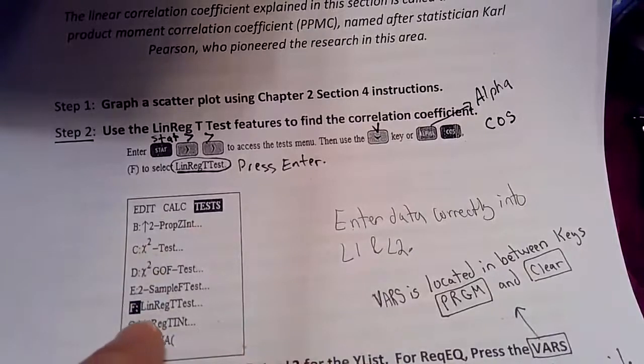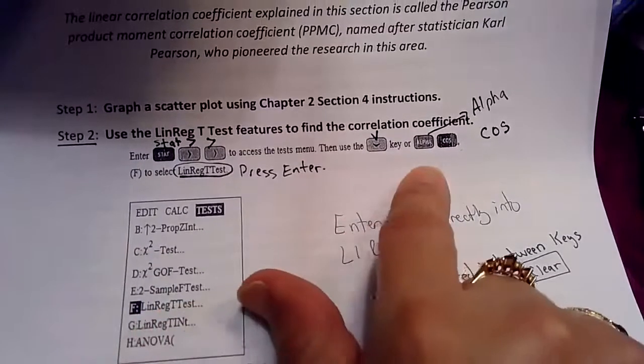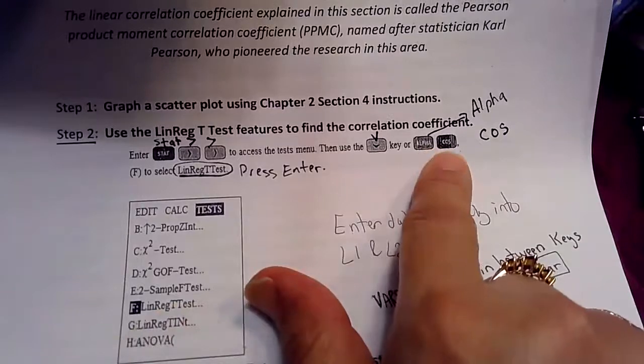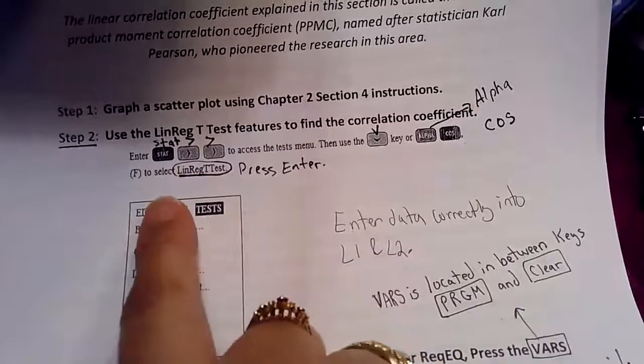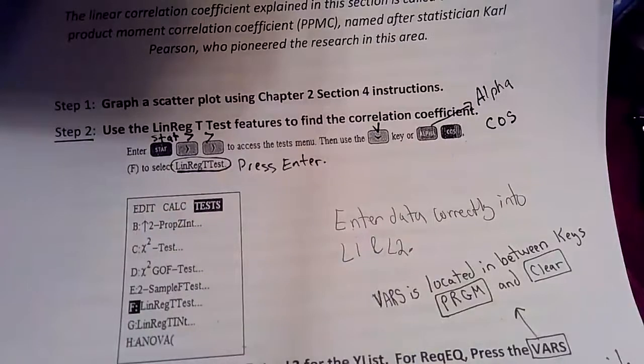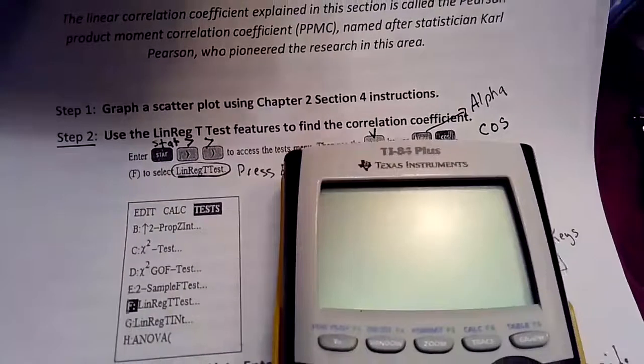And you want to look for F because F is the one related to the linear regression test. If you wanted to go through it faster and you didn't want to scroll like this, they're saying that if you press the alpha key and then the cosine, that should take you to the F faster. So let's explore that. Okay, so turn this thing back on